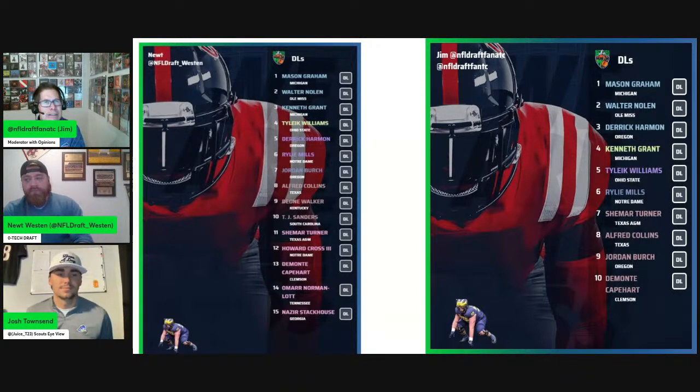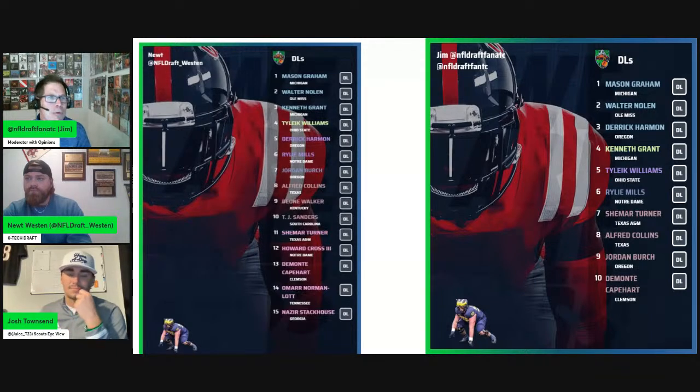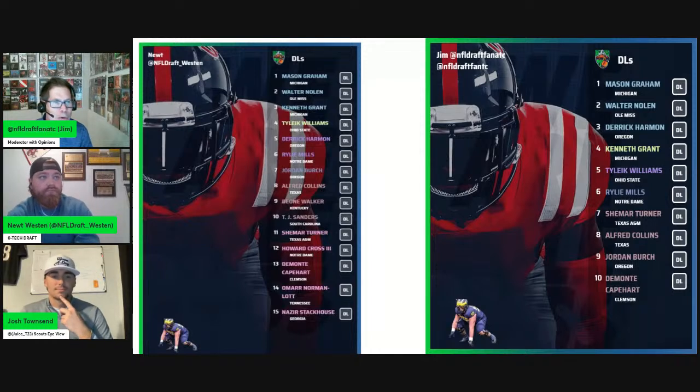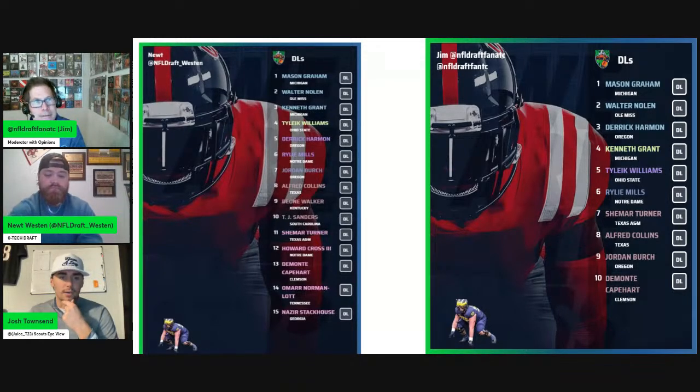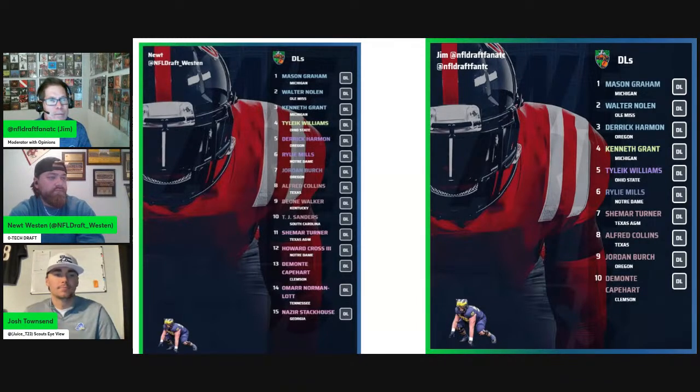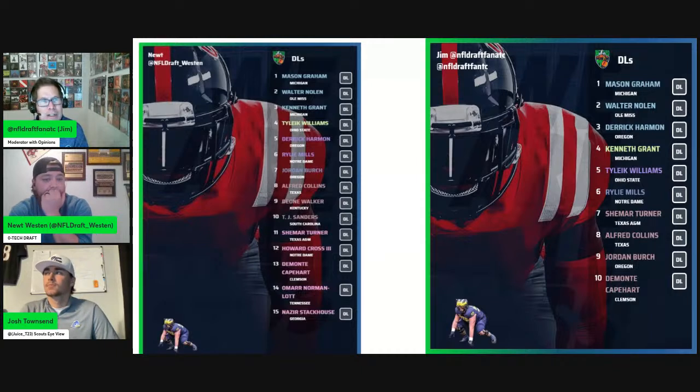Okay, so Cincinnati Bengals right now, I think in the draft order, are 15th, and the Arizona Cardinals are 16th. So assume that Graham is off the board, right? I think it's a good assumption that Graham is off the board in the top 10. No doubt. And closer to the top 5 than the top 10. Yeah. Assume that the rest of the interior linemen are there at 15 and 16. Which players do you like as the best fit for the Bengals, and which player do you like as the best fit for the Cardinals?